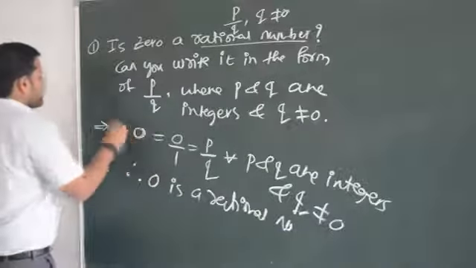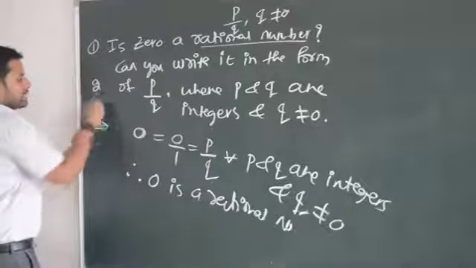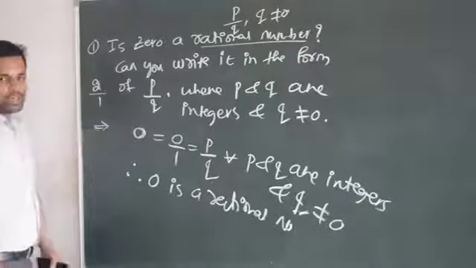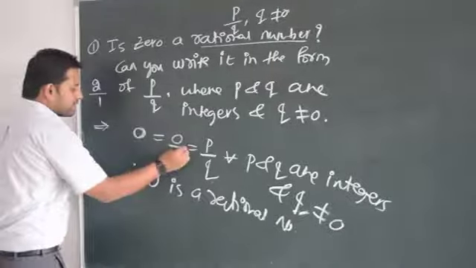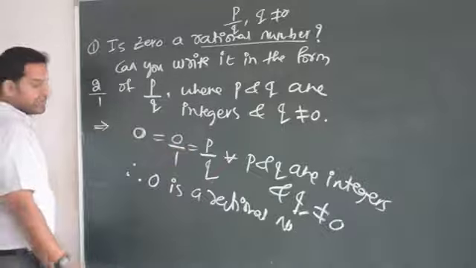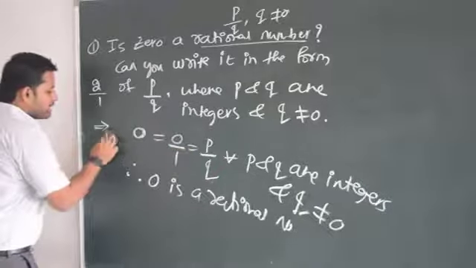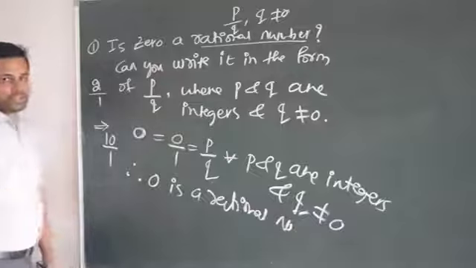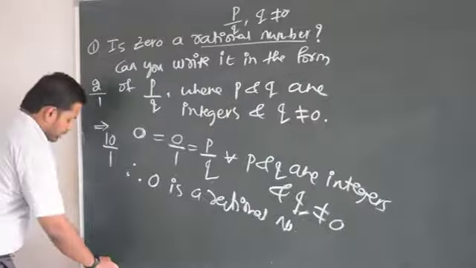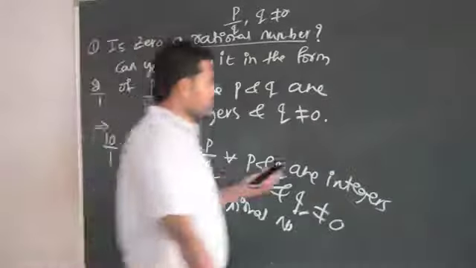Any number, if I write 2, it is a rational number. Why? Because it can be written as 2 divided by 1. If nothing is there in the denominator, 1 will be there. Are you getting my point? For example, 10 divided by 1 is also a rational number. Is it clear? Okay. So let us get into the next question now.